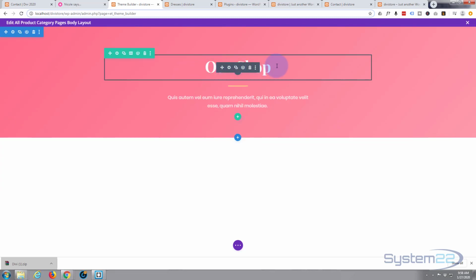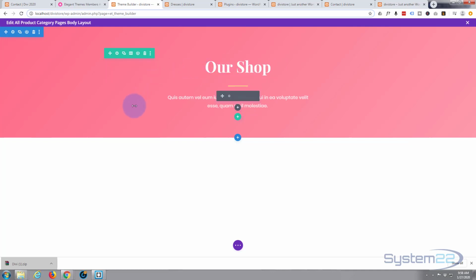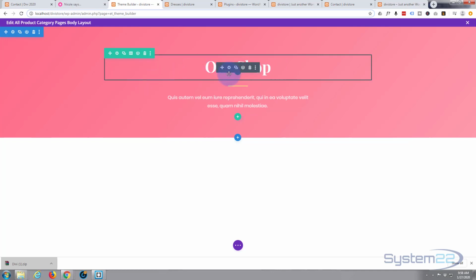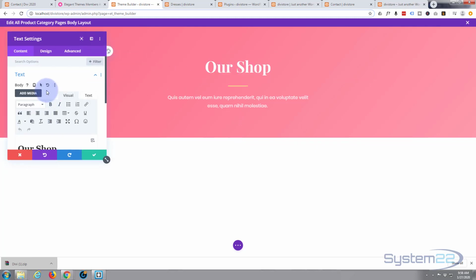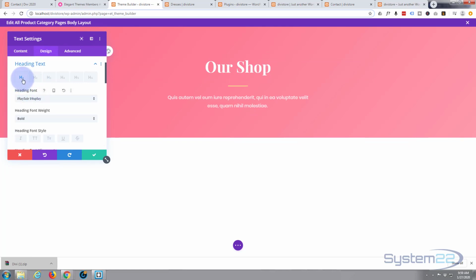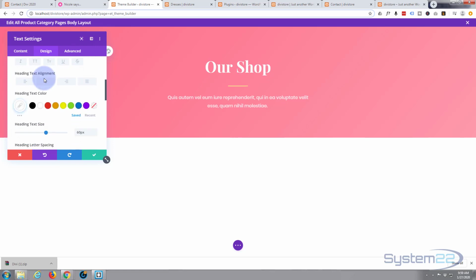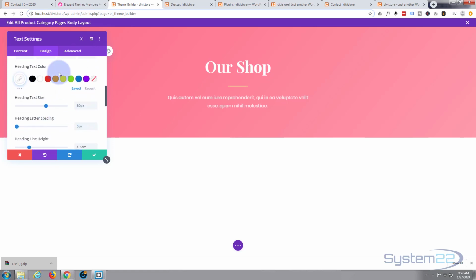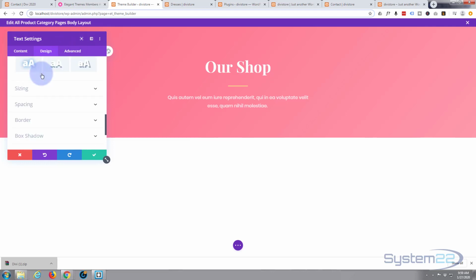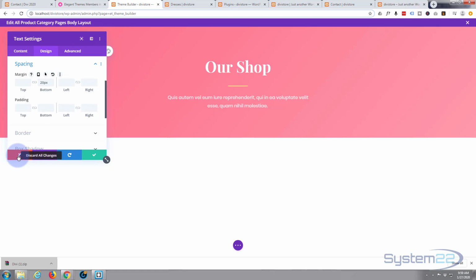Now what I want to do is have a look at this font size here, because I'm going to use dynamics with this, so every page it pulls the category title from. So let's look at this and we'll have a look at the text size, and it's going to be a heading each one. So it's bold, it's Playfair display, it's white, and it's 60 pixels. What about spacing? And they've got 20 pixels margin on the bottom. So okay,